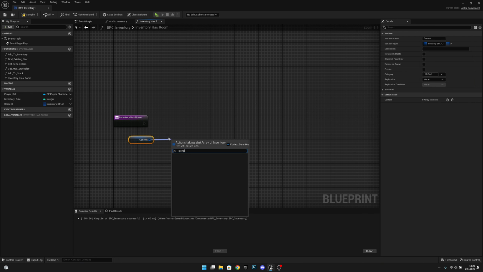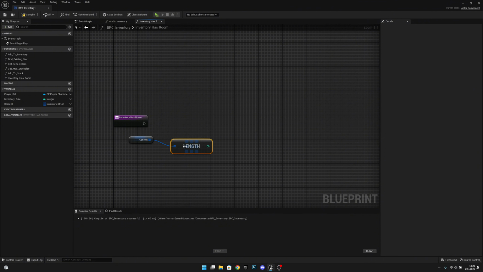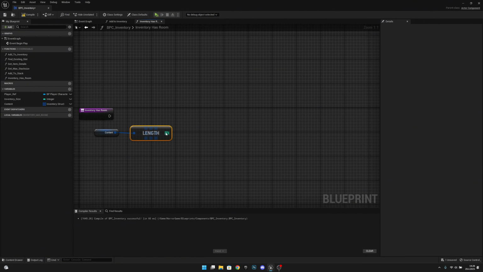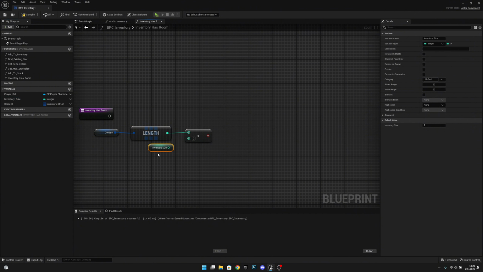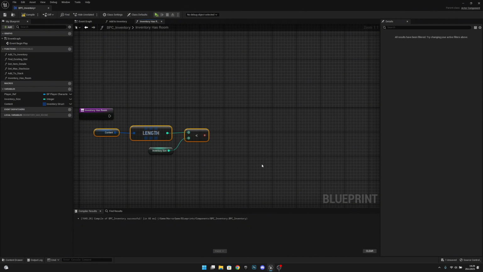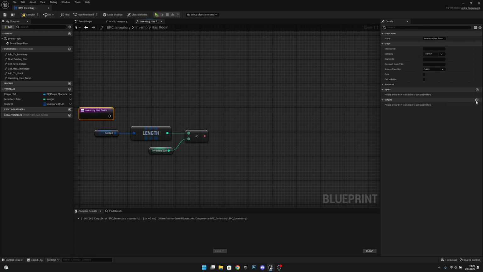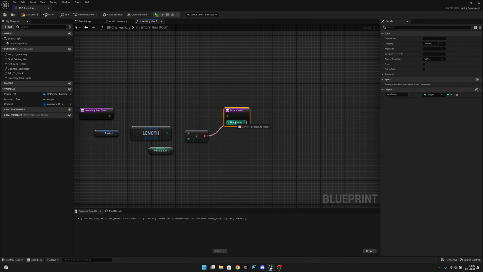We want to get the length, and then we want to check if that's less than our inventory size. So if our inventory size is 8, the content length is 7, then we have less. If it's 8, so the same, then we don't. Let's align these and press Q. Sorry, select and press Q. Let's add an output, move it to here, connect this to here,